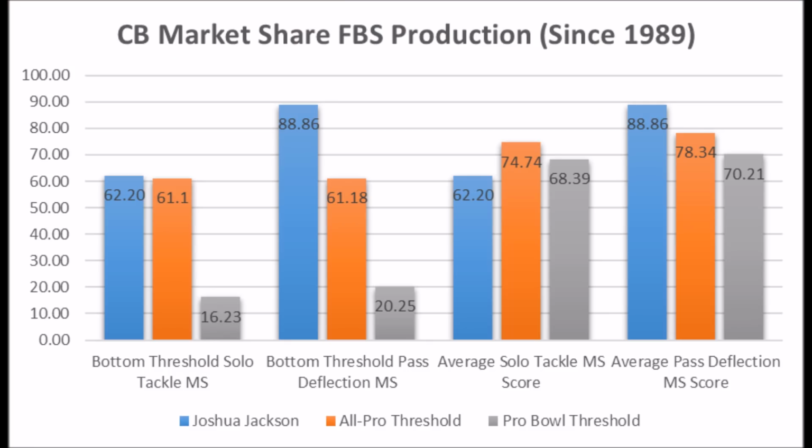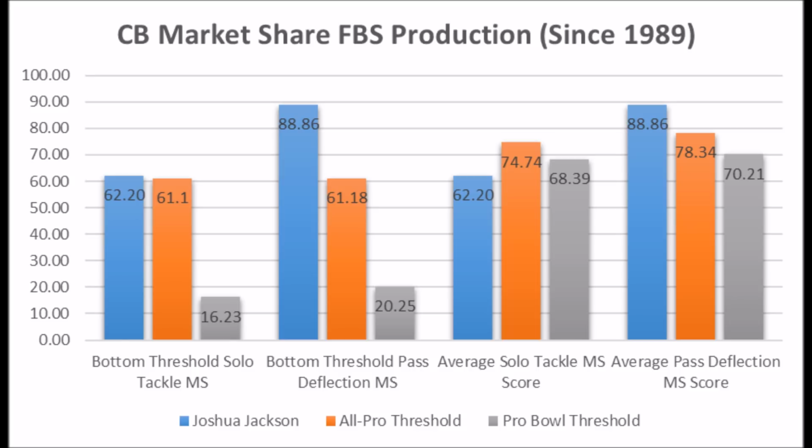You get to his production traits: 62.20 in terms of solo tackle data, 88.86 in terms of pass deflection data. Very similar to Meeks, solo tackle data is not exactly where it needs to be in terms of the averages of the position, more so than the bottom end threshold, but his pass deflection data absolutely is. Very, very high pass deflection data when you look at his overall